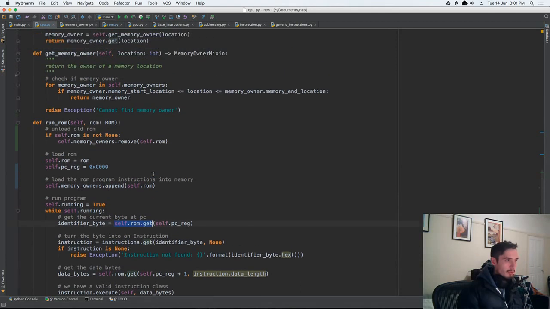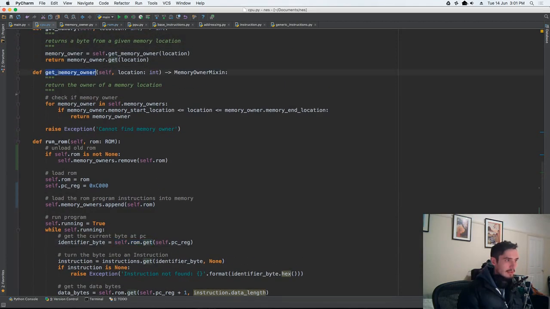We actually want to query the memory owner. So the problem here is that instead of specifically referencing the ROM, which exists in its own address space, we actually want to start referring to everything in the global CPU address space. So let's start doing that. And so now when we say, get me the instruction at 0xC000,